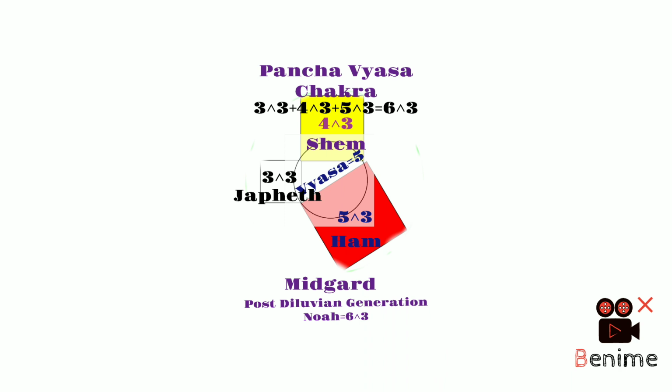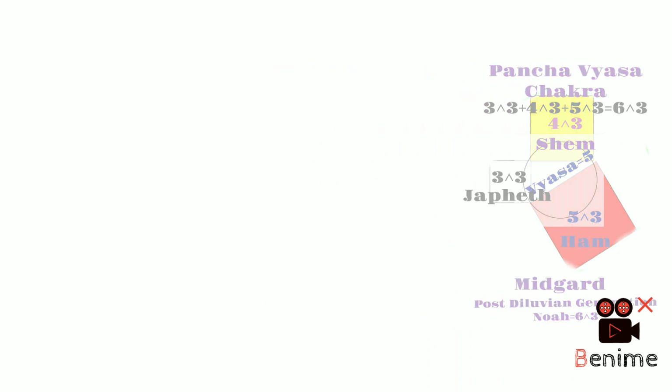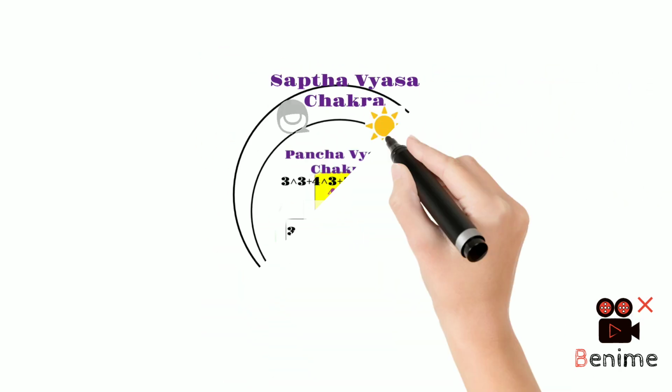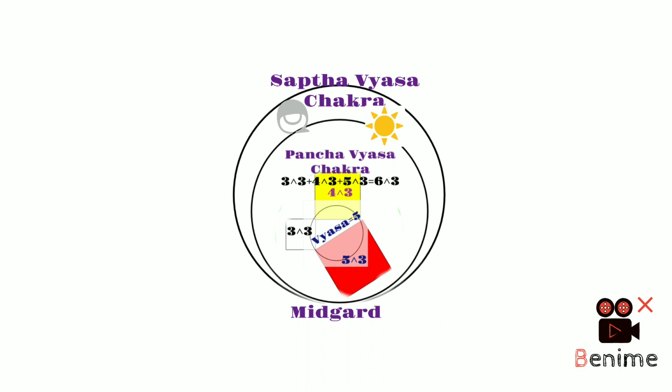The same trinity is in the Olympian gods. Poseidon representing 10 cube, Zeus representing 8 cube, and the other one, Hades, representing 6 cube. So this has only 5. Panchavyasa, only the diameter is 5.